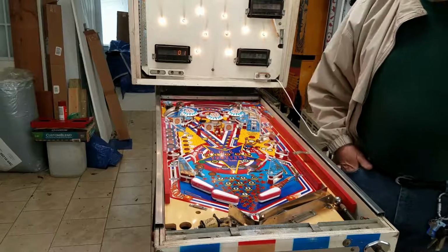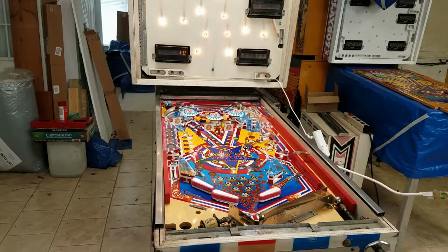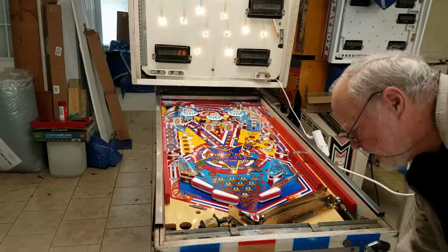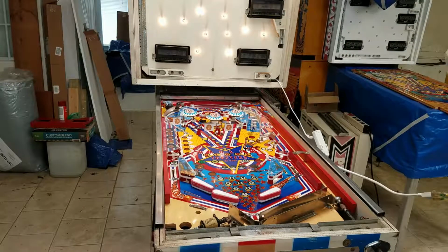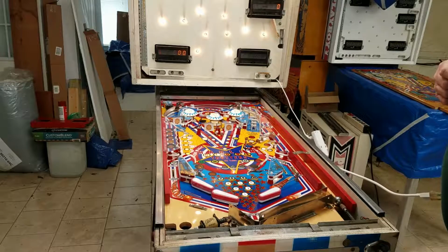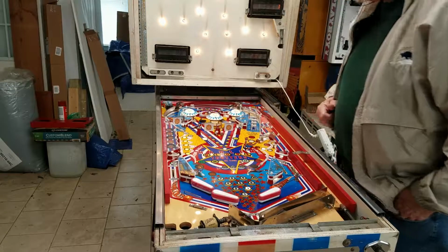And everything seems to be working great. So that's really all I wanted to show you guys. The solenoids are all working right, so the game should play the way it should. So anyway, that's great. Let me turn it off and back on again. And Mike said that he had fixed this switch, so